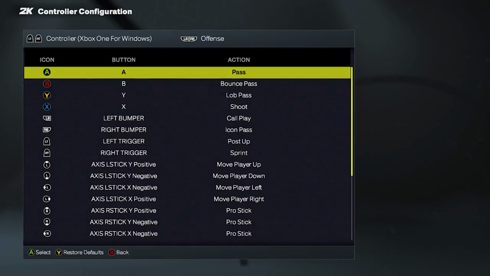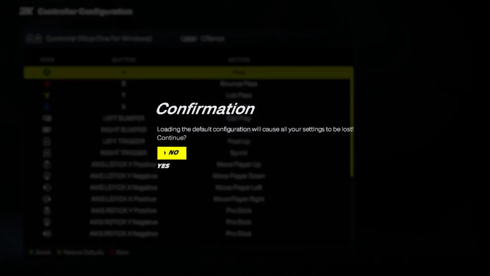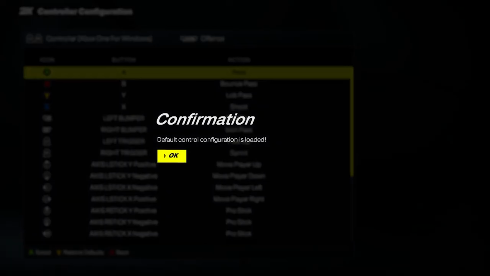But of course, if you do not like everything and you want to reset it, you could just hit Y on Xbox, or you can hit triangle on PlayStation to restore it to the default settings, but it really is